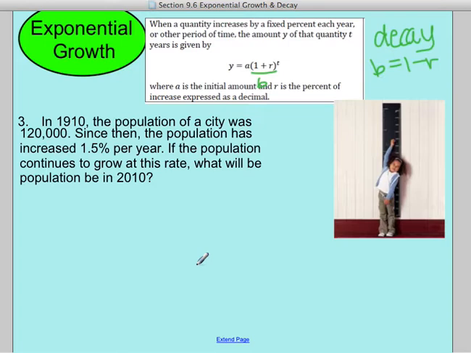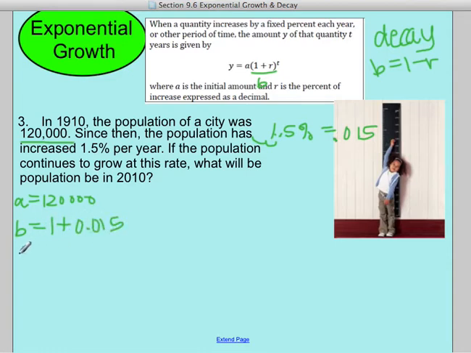In 1910, the population of a city was 120,000. So that's where I'm starting out. So my A is 120,000. Since then, the population has increased 1.5%. So B will equal 1 plus, and I'd write this as a decimal. 1.5% is equal to, move it over 2, so I'd have 0.015. So plus 0.015,